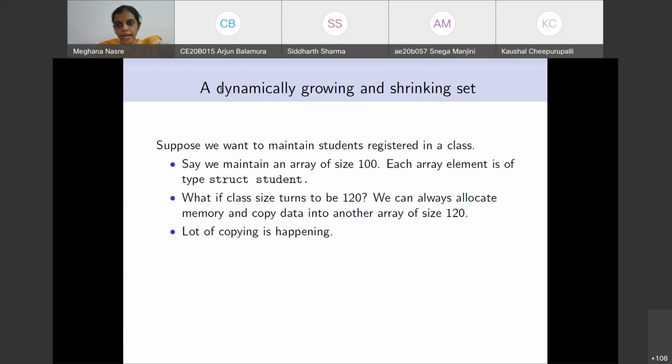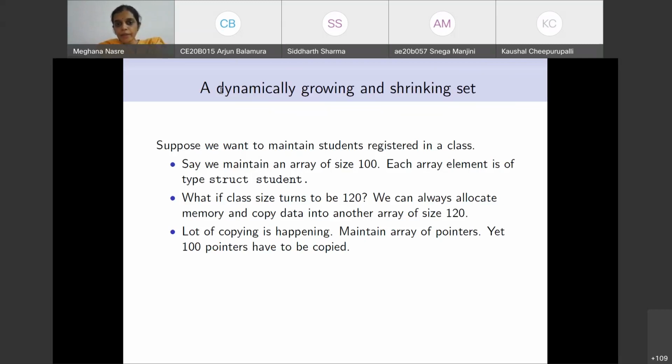So clearly the class size cannot increase, or if it increases, I must copy this, right? If I want to avoid a lot of this copying, then I can maintain an array of pointers. That is good. At least I will not be copying the individual student records repeatedly when I change this memory from 100 to 120 and then again possibly 180.